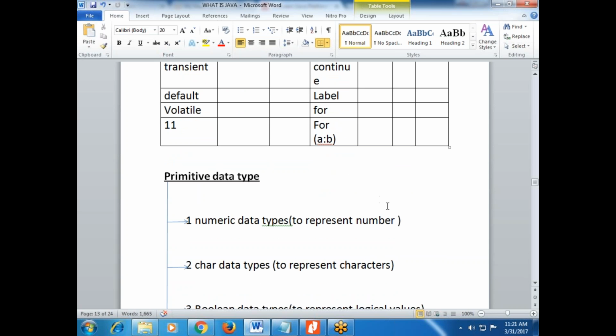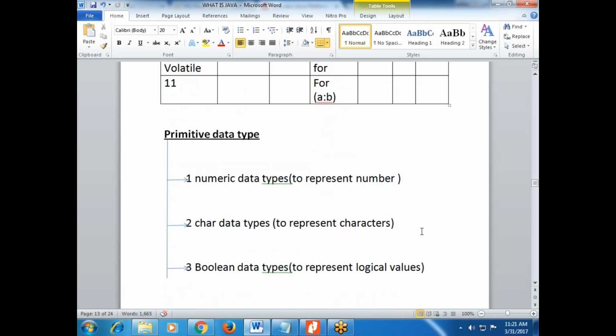Okay, so we have primitive data types. In the primitive type, we are divided: number data type to represent a number, char data type to represent a character, boolean data type to represent a logical value. Okay, then